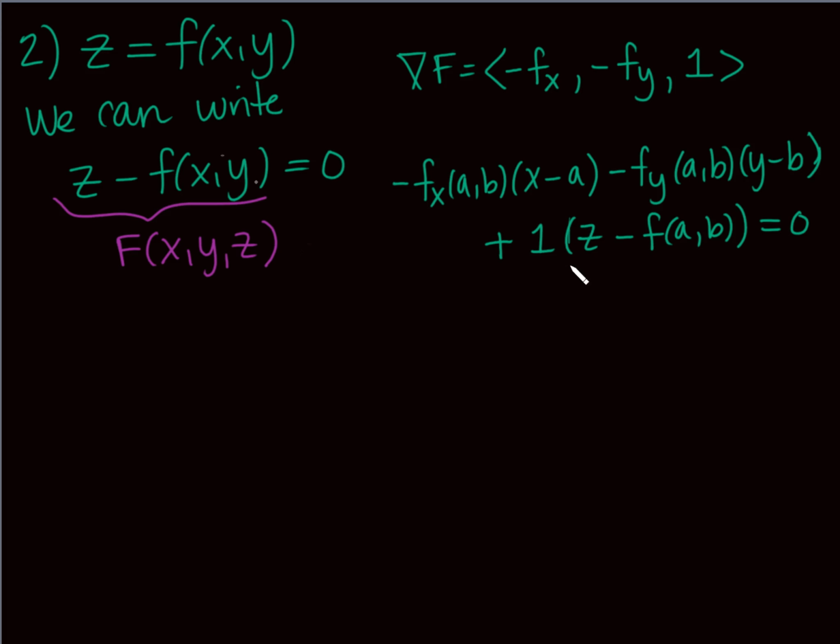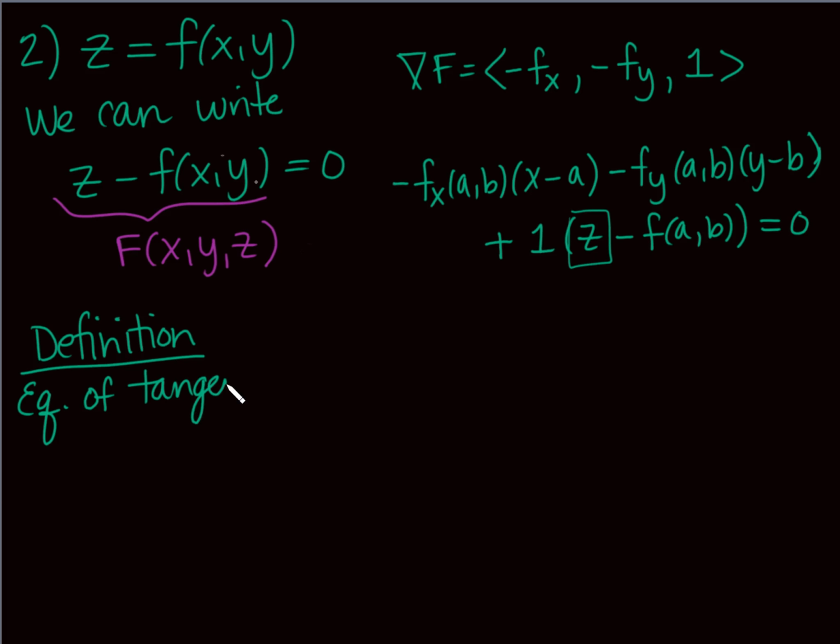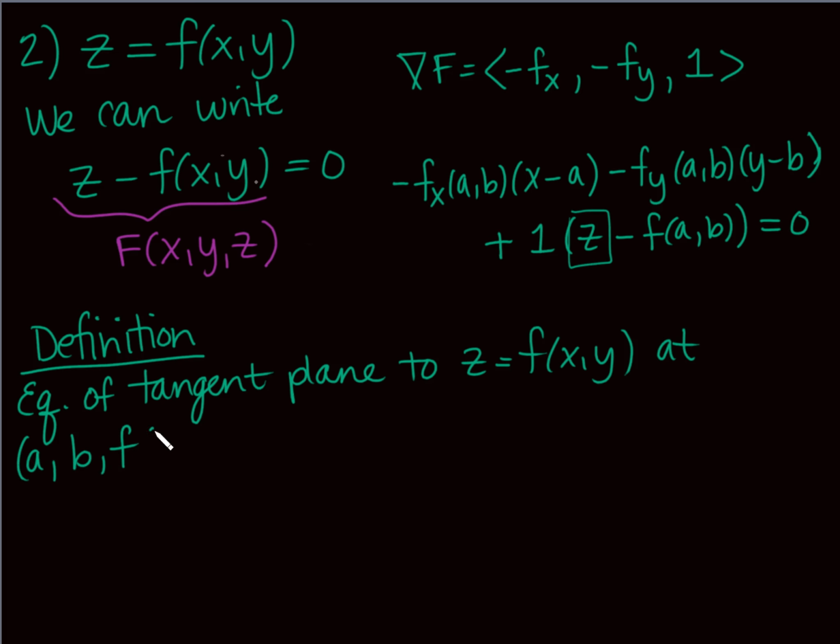And now we're going to basically solve for z, and let's write this down as a definition. Let f be differentiable at a, b, and so on. So the equation of a tangent plane to z equals f of x, y at some point a, b, f of a, b, is given by,